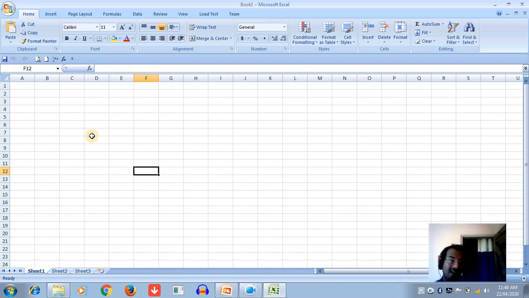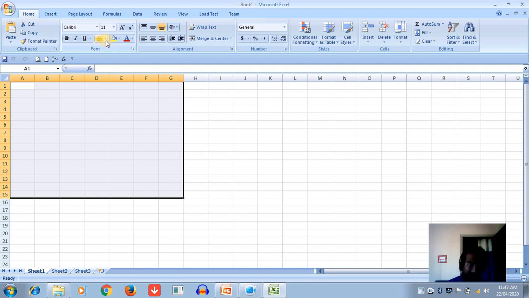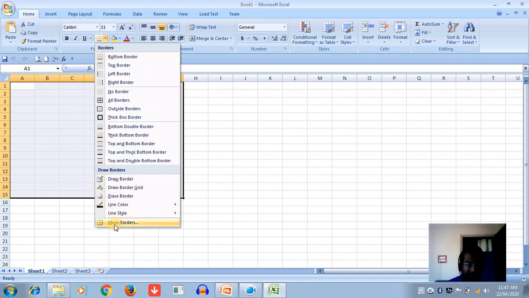So how do we apply a border around the selected cells? I am going to select a few cells, then click on the border option in the font group on the Home tab. Click on the border options and then More Borders below, or you can also apply directly from the all borders options.